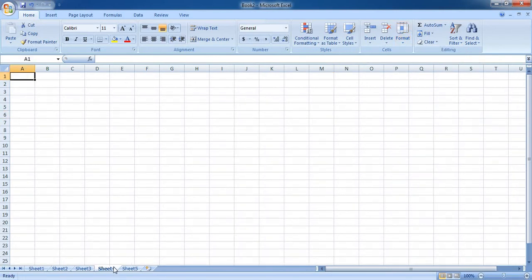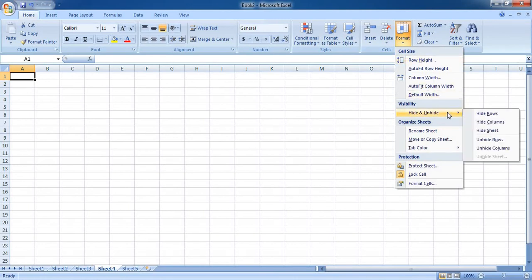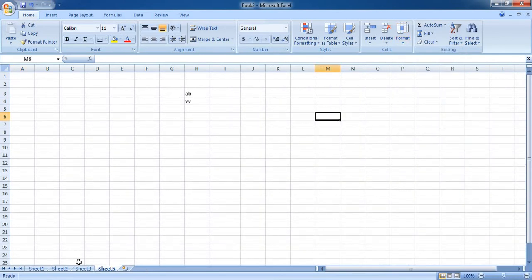For example, let me select sheet number 4. Go to the format option, click on hide and unhide, and click on hide sheet. Sheet 4 is not deleted but is hidden from the user's view. So this is how you can hide columns, rows, and even a worksheet.